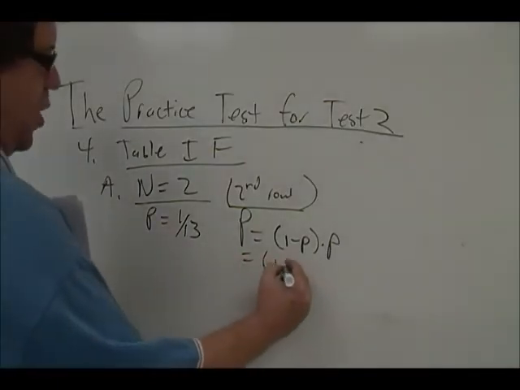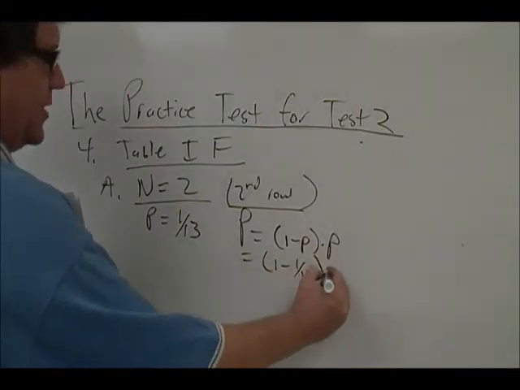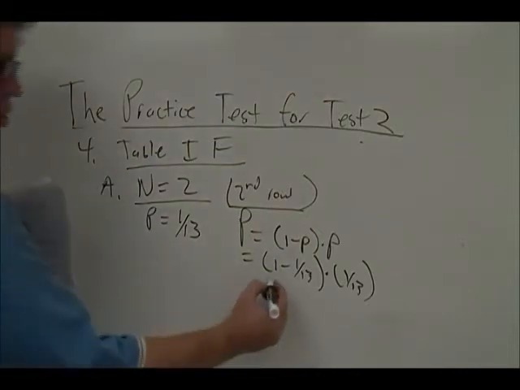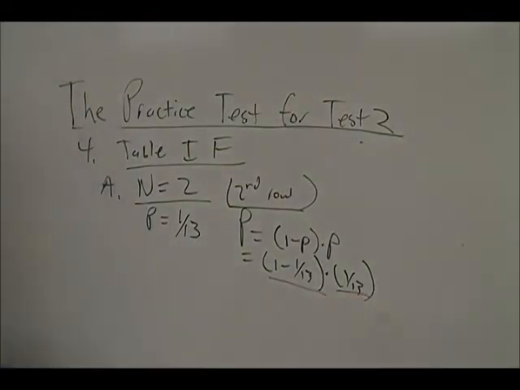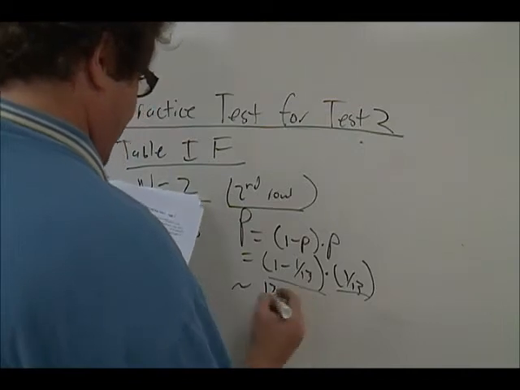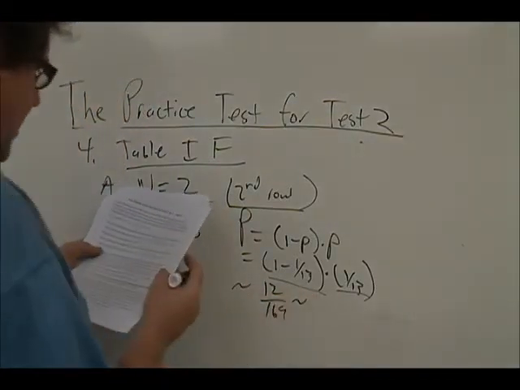So you can just plug 1 minus 1 over 13 in parentheses times 1 over 13 directly into your calculator. As long as you make sure to use your parentheses, you can enter that all into your calculator and hit enter. And what you should get after doing that is 12 over 169, but as a decimal, what will come out is